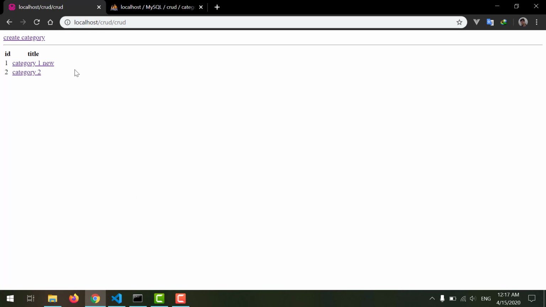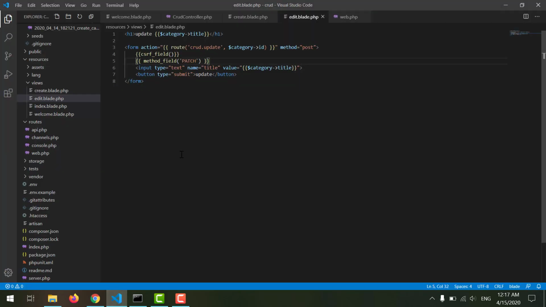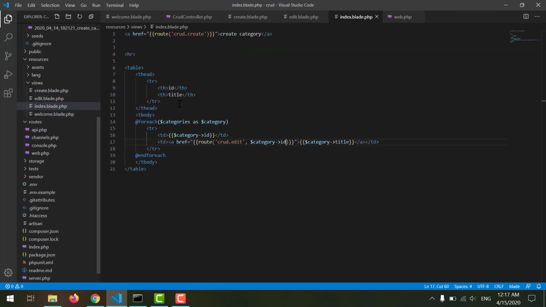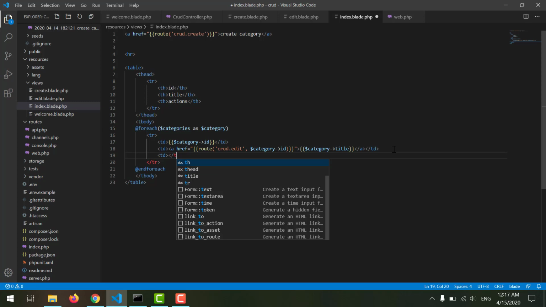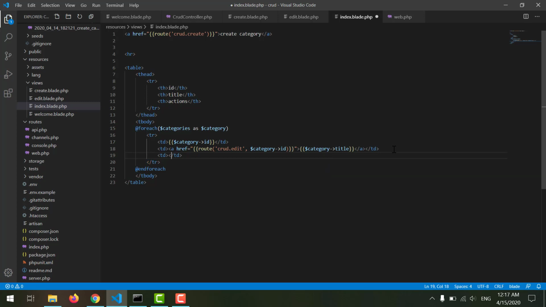Now we want to be able to delete our categories. First of all, let's go to our index.php, and in here we want another th. We should say actions, and here we want to say td, and we want to link href, and we can say